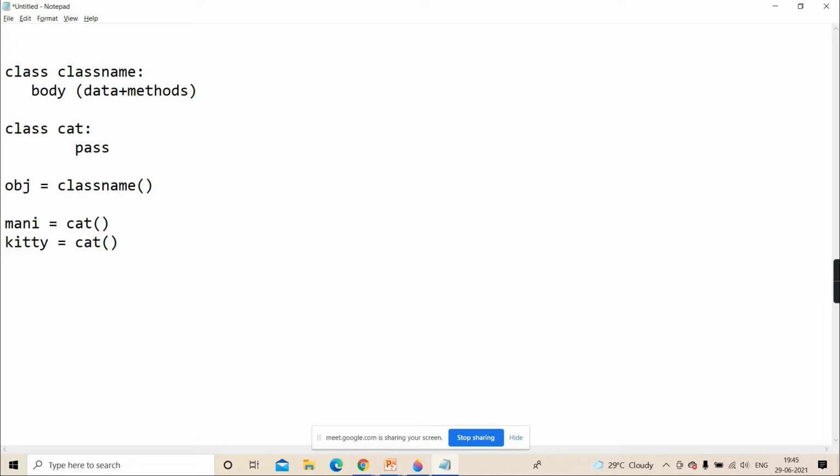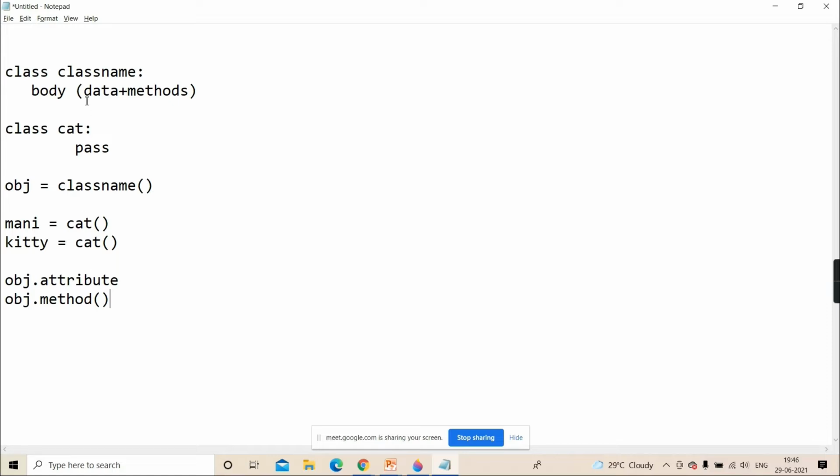And later when you want to access its members, its data members, you can access them by writing object dot property. It can be an attribute or it can be a method also, if there is one. Clear? Depending on that, using the dot operator, we will access those attributes and methods.